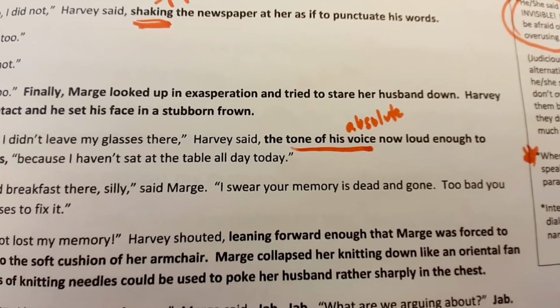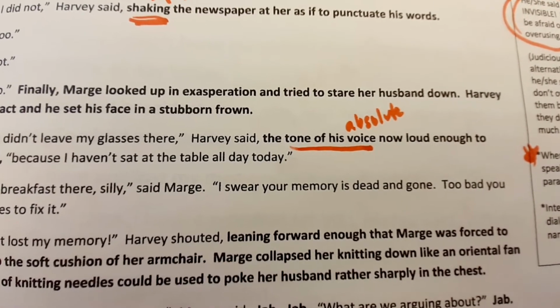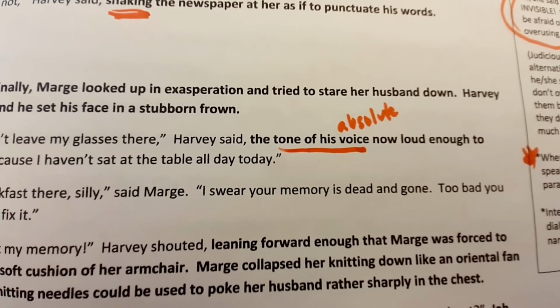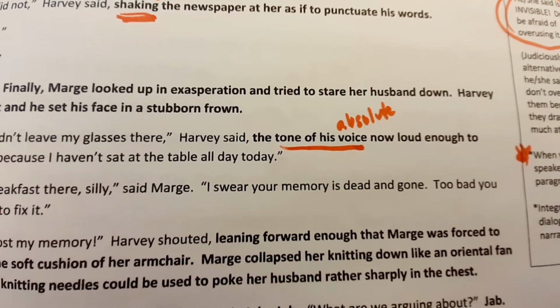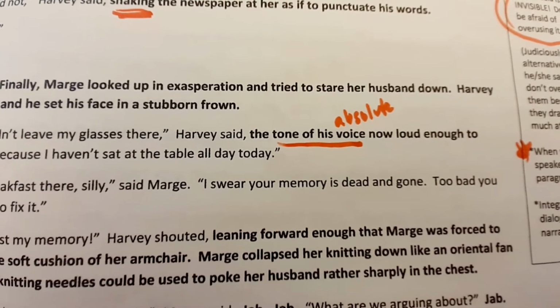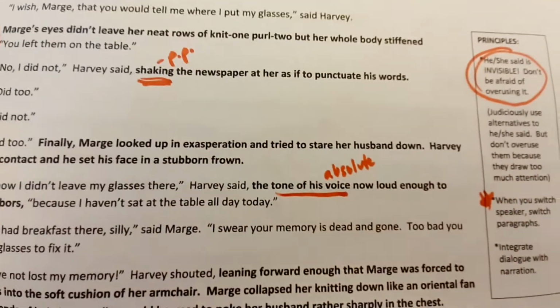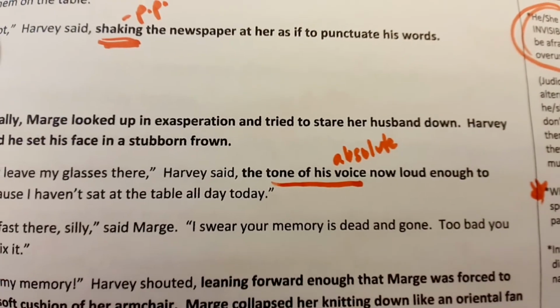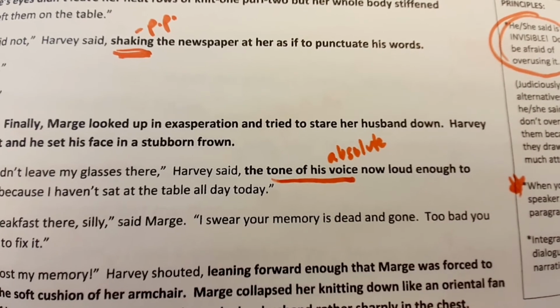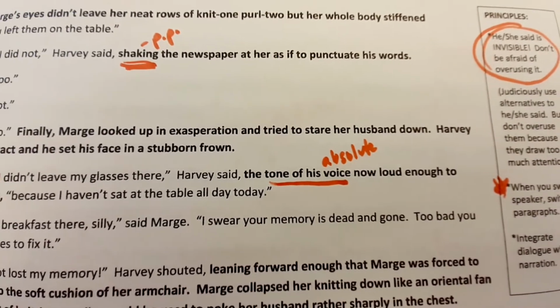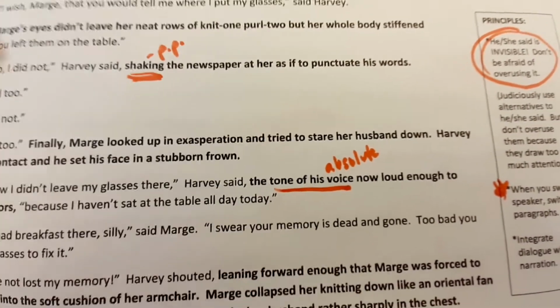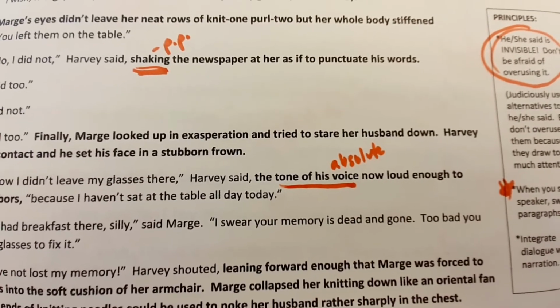Harvey said with a gravelly voice, nice little adjective clause, and comment on how that thing was said. So between those two things, tacking on participle phrases, adding some absolutes, and discussing tone, quality of voice, facial expressions, you can get some nice actions intermingled right in there with the dialogue.